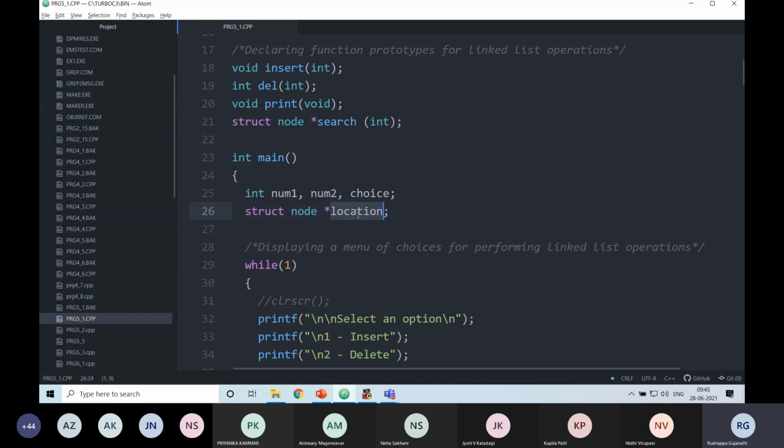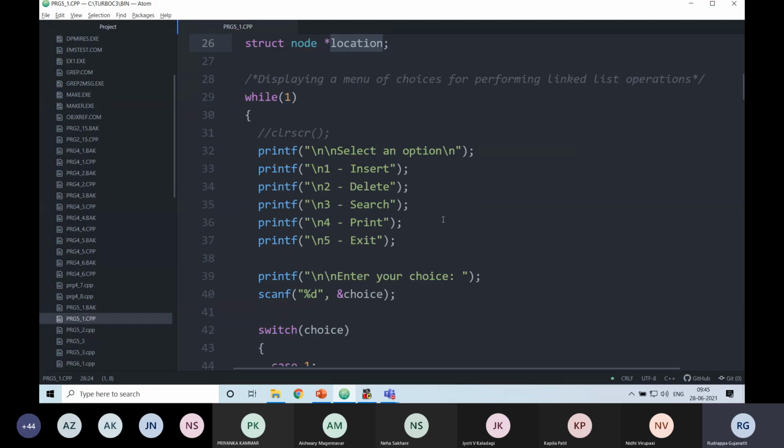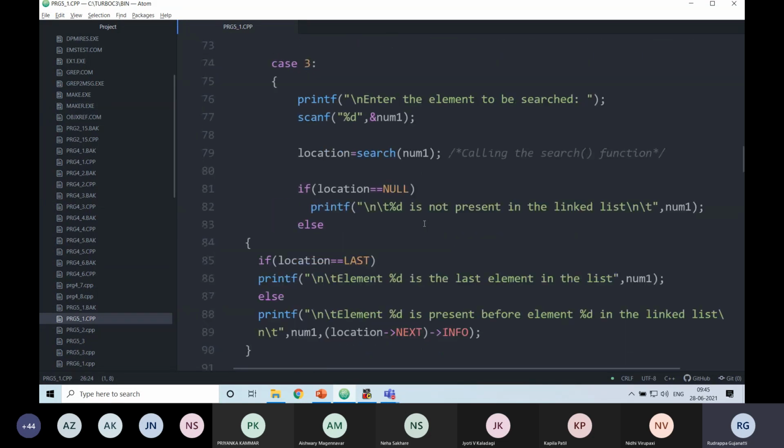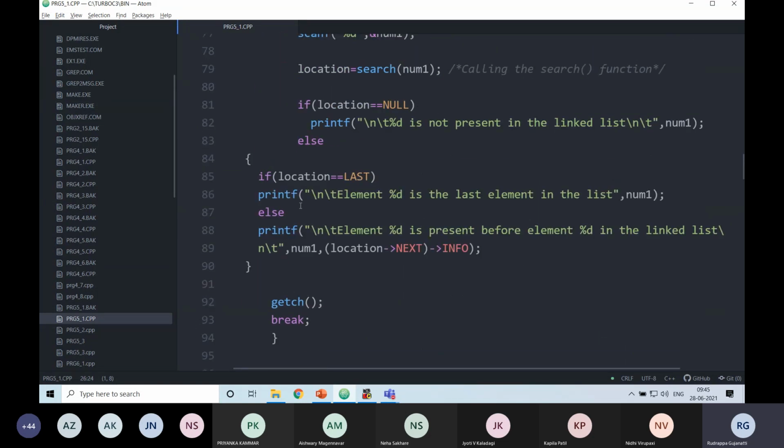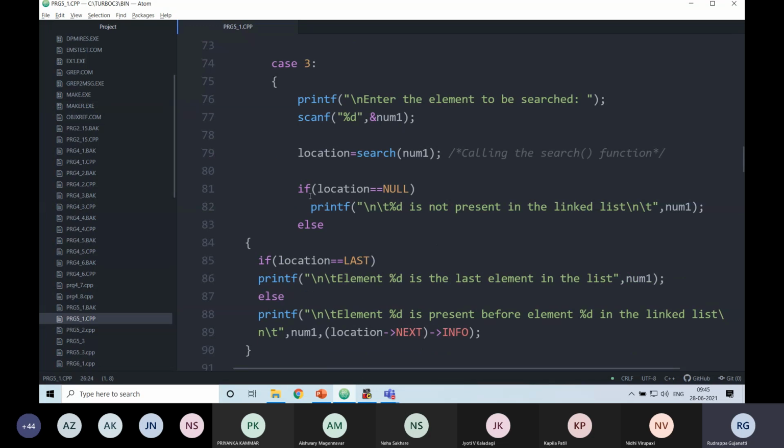So therefore you have to define this pointer whose name is given as location. If the search is successful, you are returning the location. So in case 3, that is what you look out for. The search operation returns a location which is pointing to struct node. So therefore you store that information in location. Now